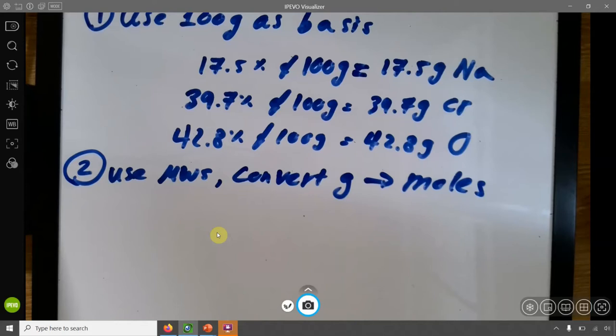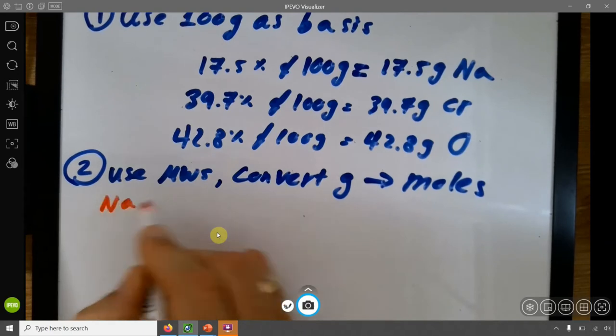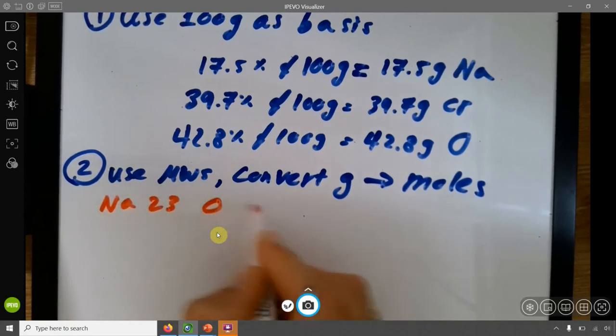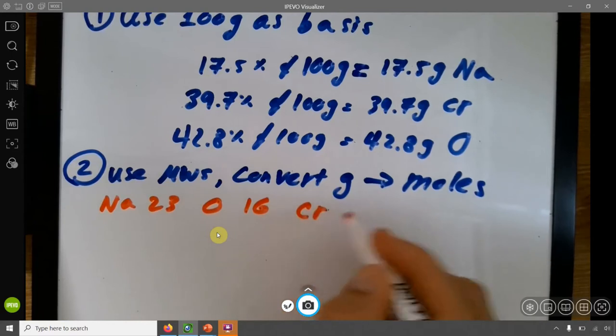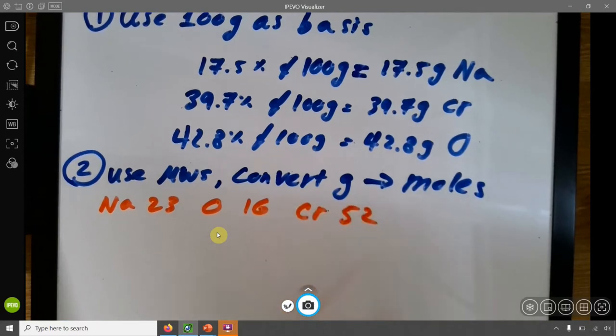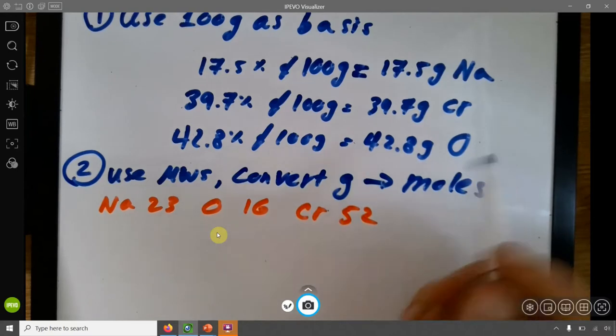So if you look at the periodic table, Na is 23. I'll just write that here in red, so you see why I'm doing what I'm doing. Na is 23. Oxygen is 16, and chromium is 52. So if I were to convert these three up here to moles,